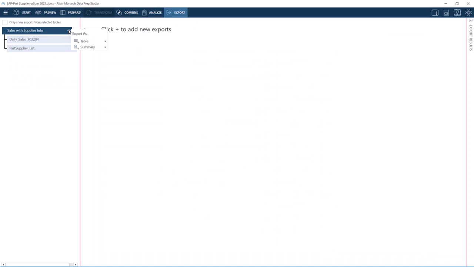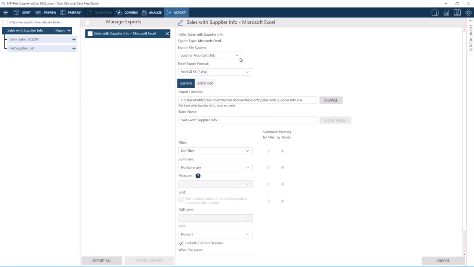Summaries can be exported to Microsoft Excel and Access, CSV, JSON, and XML, SAS Transport File Format version 5, Tableau TDE, and Qlik. Let's export our summaries to an Excel spreadsheet. You can export to a local file system, Amazon S3, or Azure Data Lake Storage, and you can choose from these Excel formats. By default, the export location, table name, and export file name follow the name of the summary